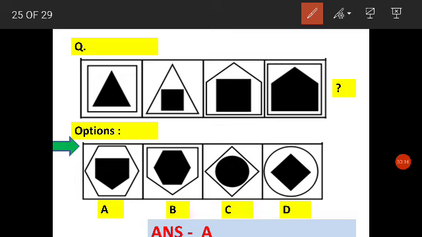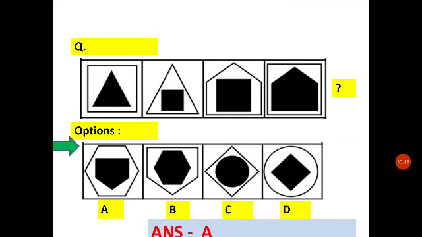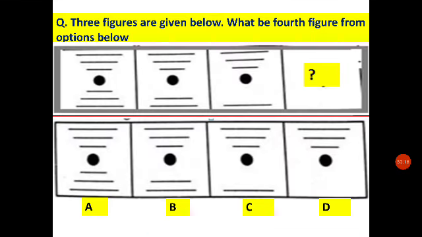Here we start with a figure which has 4 sides, and here it has 5 sides. So the next figure has to be something which has one more side, 6 sides. You don't get into other details of how this will appear or that will appear. This is the possible answer: 4, 5, 6. There may be other ways also, but this is how you can do it very quickly.